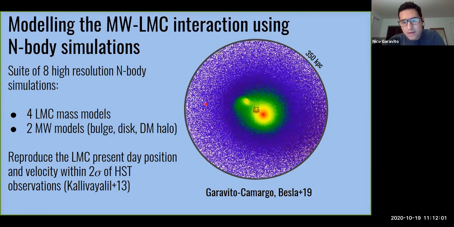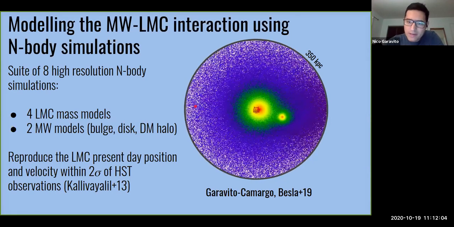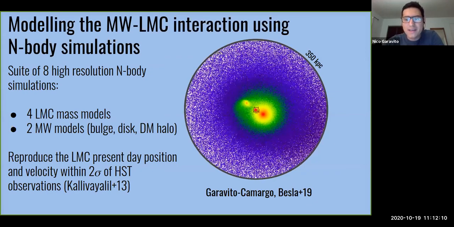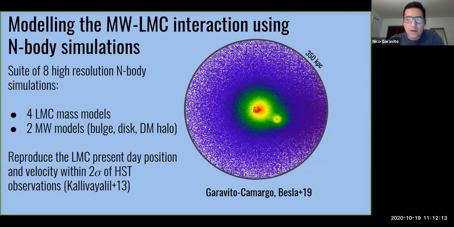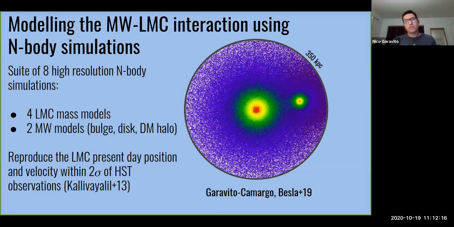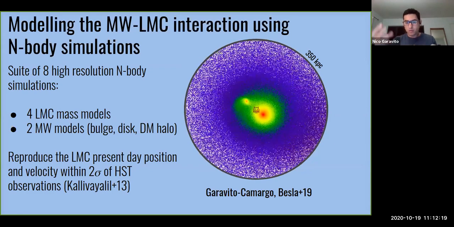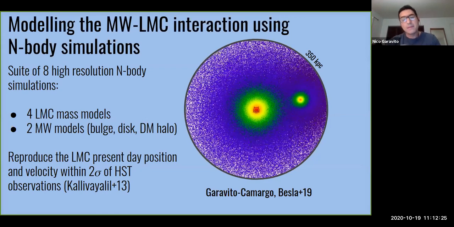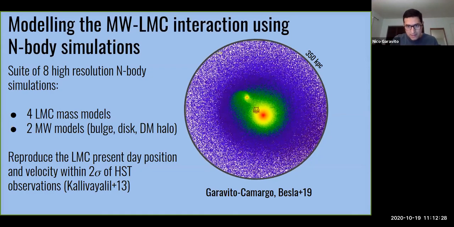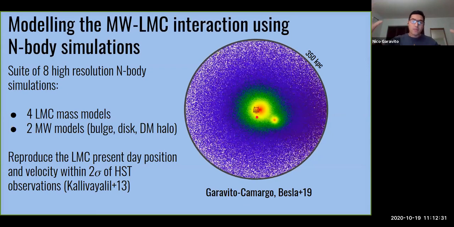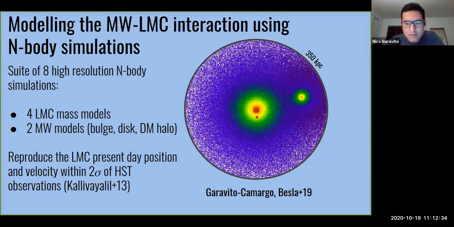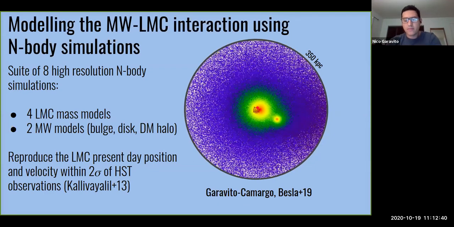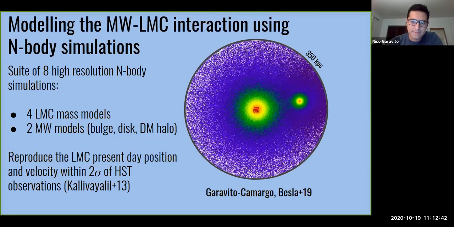An important aspect of the ongoing interaction that I want to highlight is that maybe you can see a cat here. I don't have a cat in my simulation, but the cat is illustrating something important: as the LMC comes, the cusp, or the inner regions of the Milky Way, is moving due to the gravitational interaction with the LMC. The halo is not rigid, so you expect the inner parts to move with respect to the outer parts of the halo. I'm going to come back to this, what I call the cusp motion of the inner region. It will have important consequences that we're going to look at later, but keep that in mind.